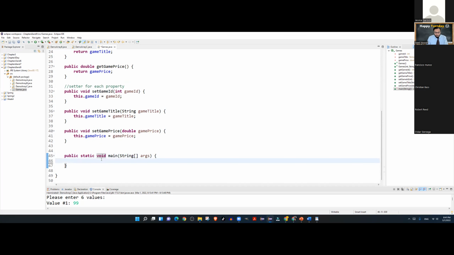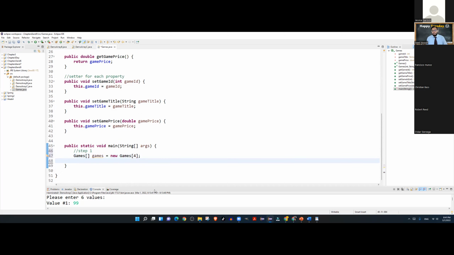So as I told you, it's a two-step process. And step number one, you create an array. Let's say I want to create an array to store 4 games, that's basically what I did. So in step number one, all I'm doing is declaring 4 null pointers of type games.